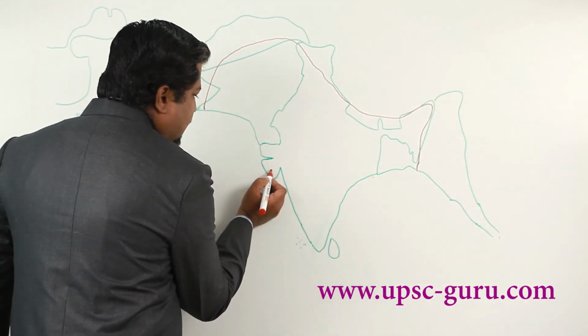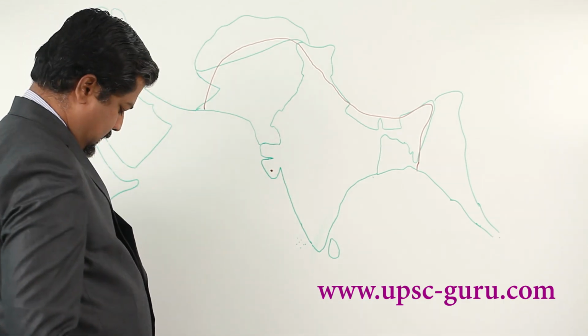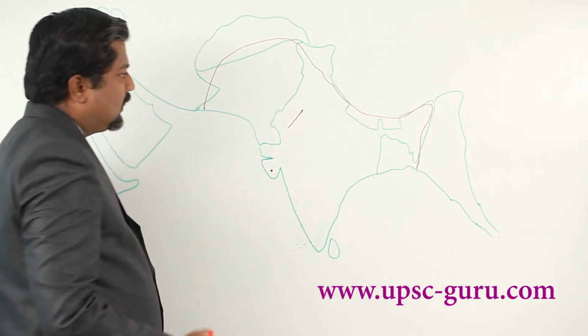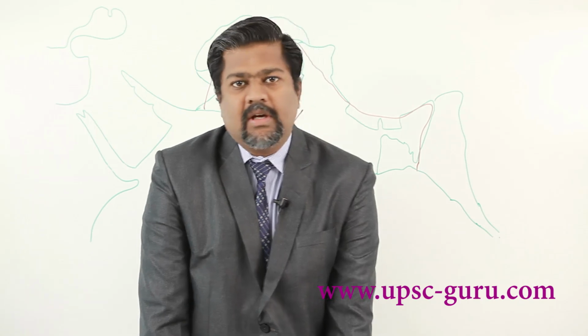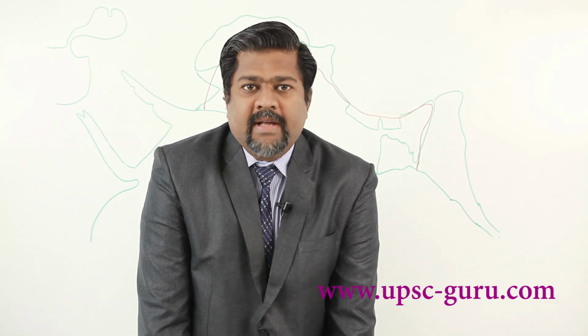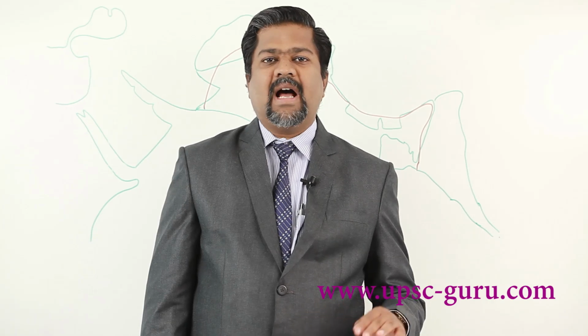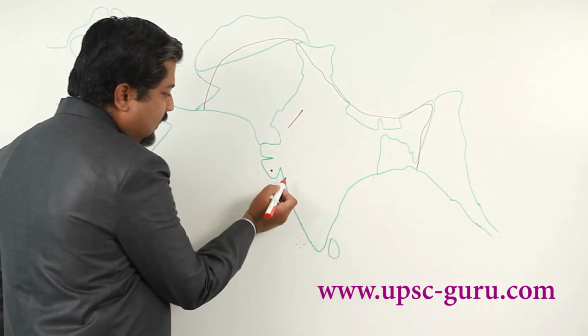Now in case of India, we are getting here a mountain range that is called Girnar mountain. Here in Rajasthan we are getting a mountain range, it should be named Adavali mountain, but in English, many times from Indian languages, if the sound of D is there, it is written as the sound of R, so they are pronouncing it as Aravali. So this is Aravali mountain or Adavali mountain.